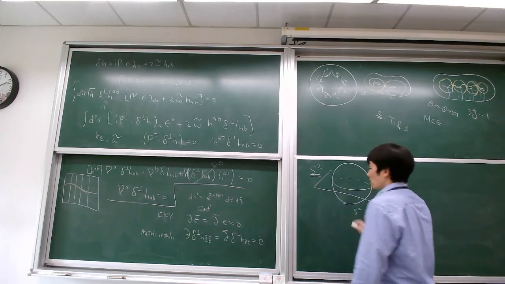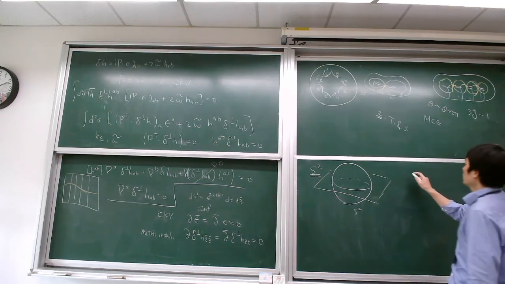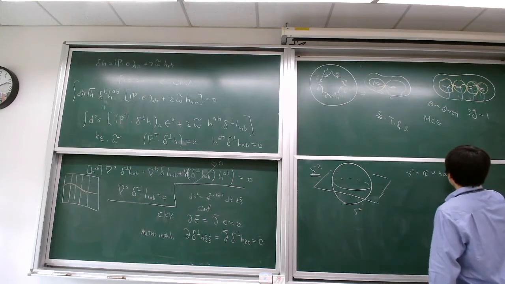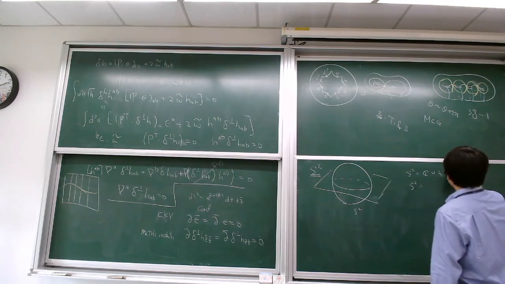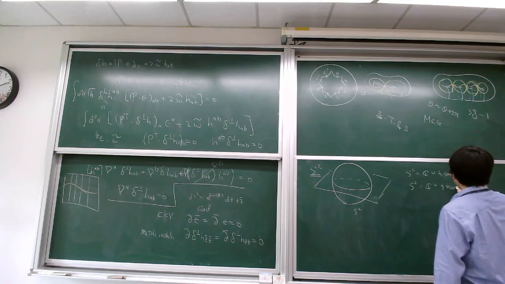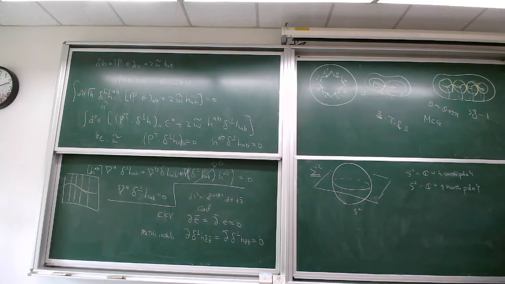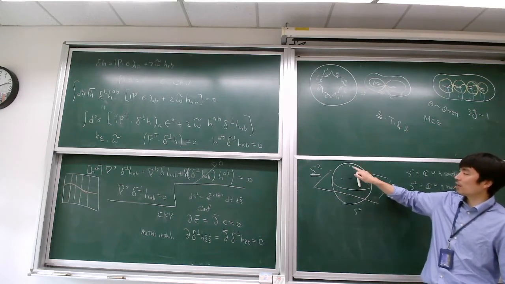S2 can be understood as C union infinity, or S2 can be understood with the south pole, and these can be understood as the north pole, by using stereographic projection. So you just have to put the north pole and get rid of it, and just